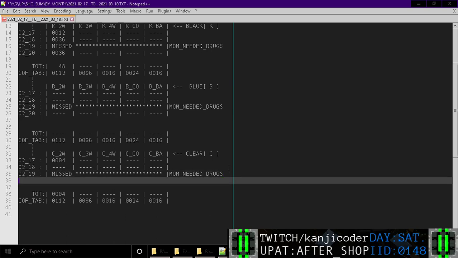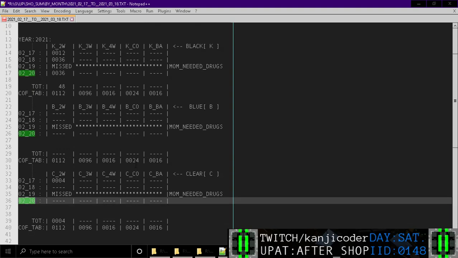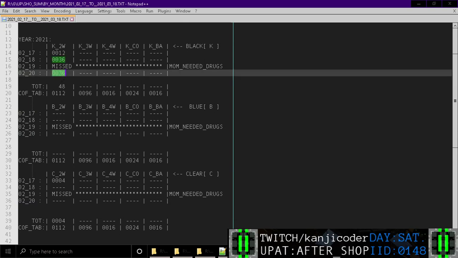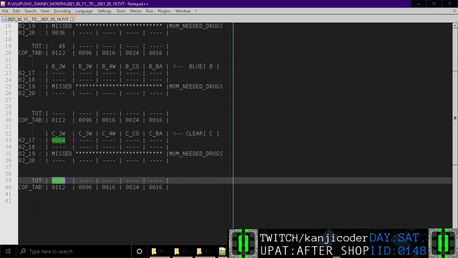sometimes to find the best way to organize stuff, you have to just start somewhere, right? You gotta take an approach to how you want to organize things, and then as you work on that, you might find, you know what, this approach isn't working. So now that you have this 36 in the total here,